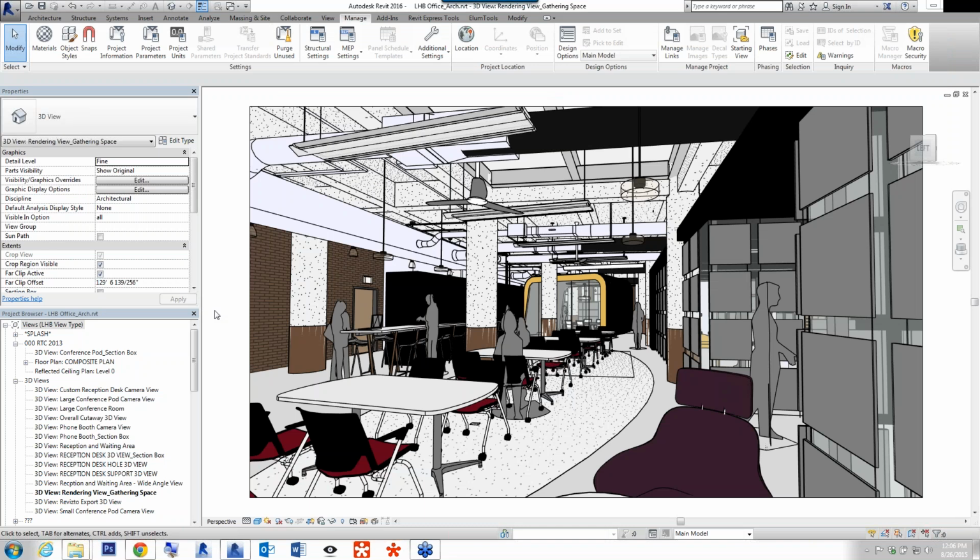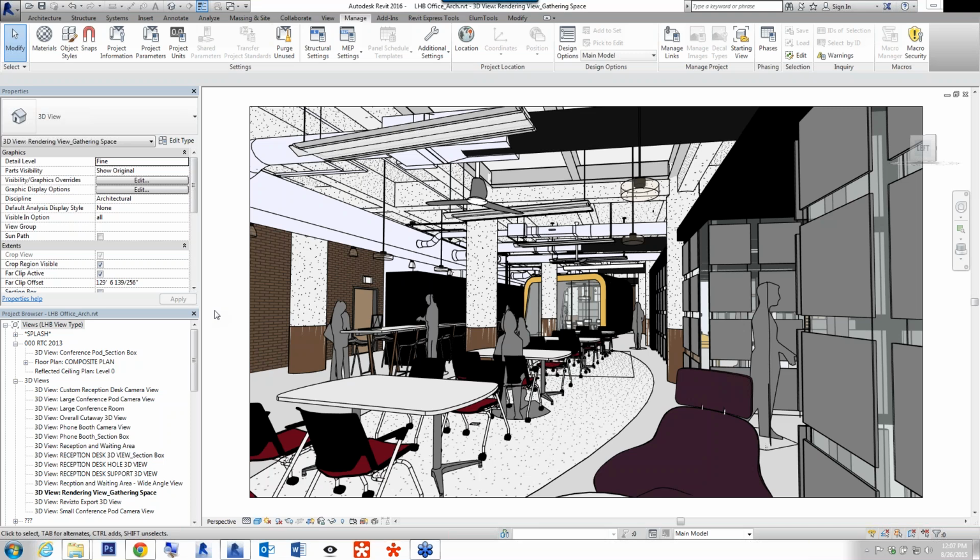All right, so I'm going to jump right in and show you a really quick overview of the whole process using one model, and then I'm going to switch gears and use a different model and cover more detailed options. So first of all, I'm going to use this Revit model of my company's Minneapolis office.